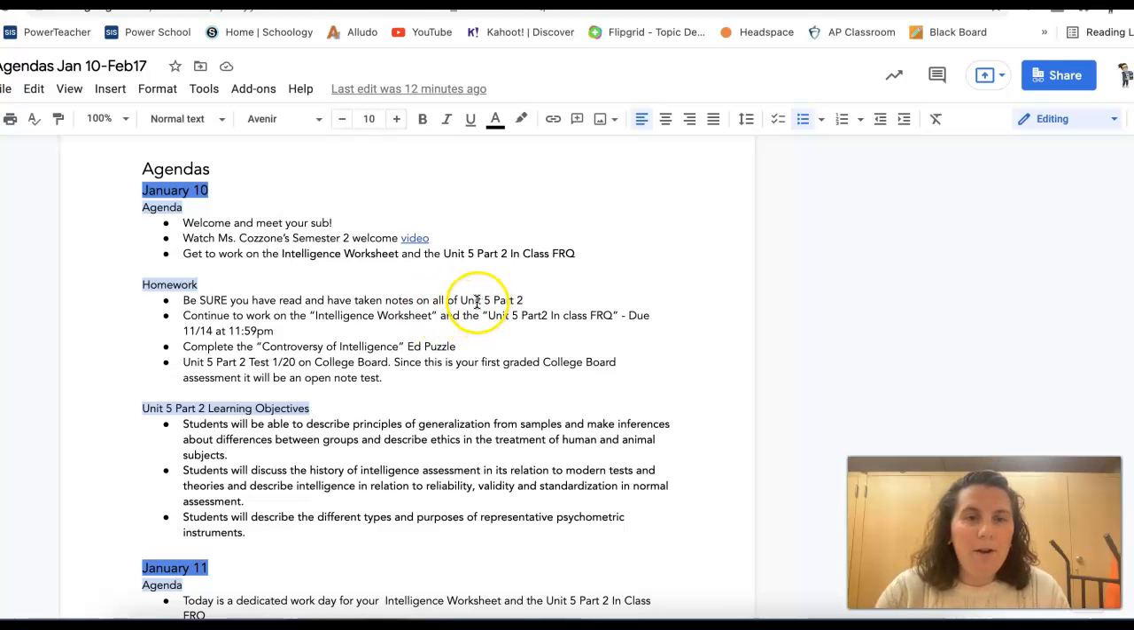Let's see, what else should we talk about? You're sure that you've read Unit 5, Part 2. Good. You're working on the intelligence worksheet and the Unit 5, Part 2 FRQ in class. Both of these things are due Friday at midnight. For homework tonight, you're also going to complete an Edpuzzle called The Controversy of Intelligence. I think it's a good watch and will help you with something that we're going to be doing down the